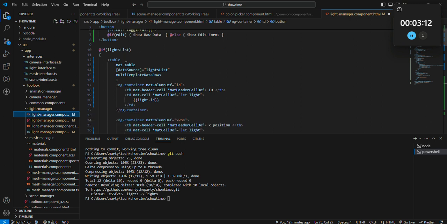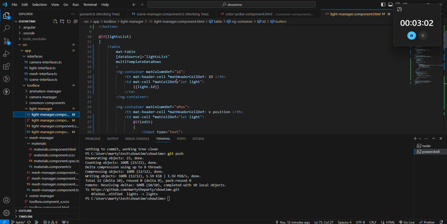And I'm just saying if there are lights lists, because it does have errors if you try to render the table before the lights list exists. So you'll just see them in the console. Everything still works. You just get some errors in the console, which no one likes. Okay, so this has to be added. I always forget to add this. I have an iterative approach to things, and I make the table first, and then I do all the steps, and this multi-template data rows directive needs to be added